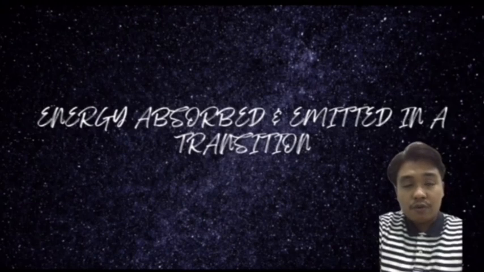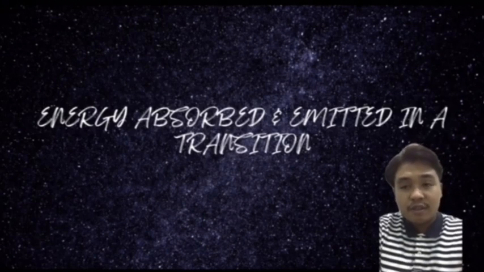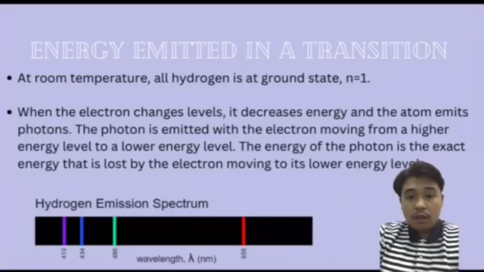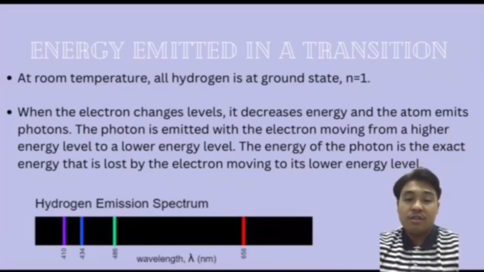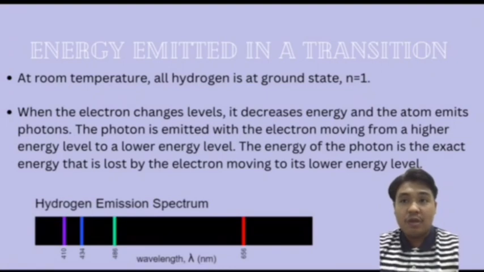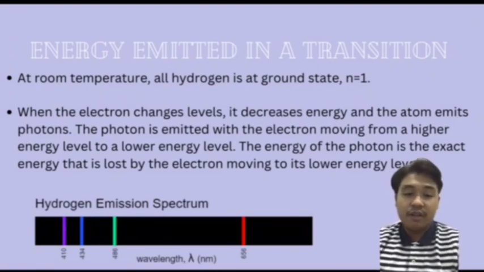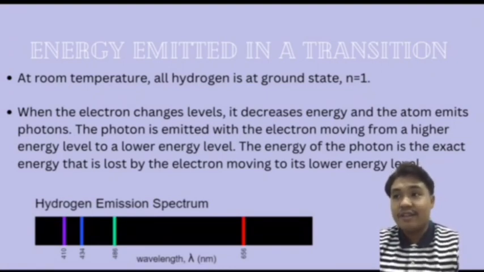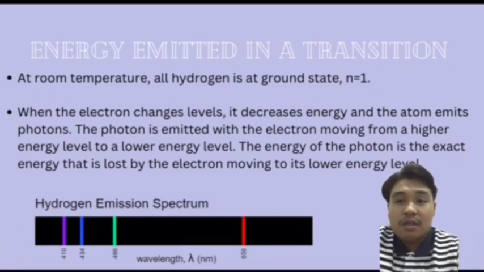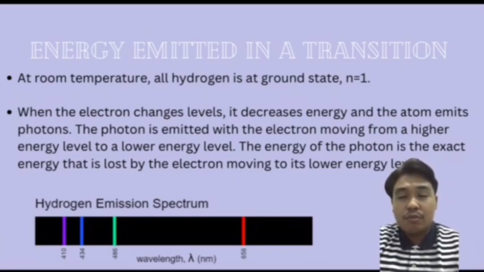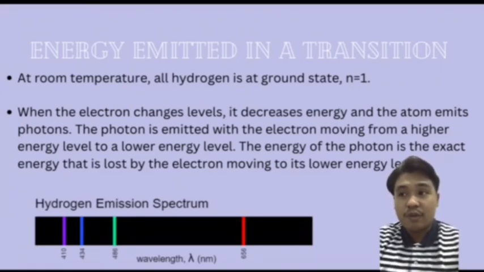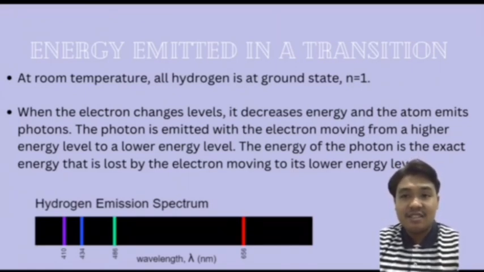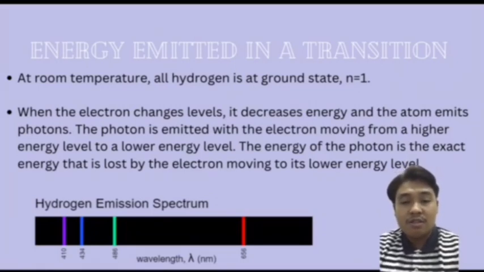Next, I will talk about energy absorbed and emitted in a transition. At room temperature, all hydrogen is at ground state, n equal to 1. When an electron changes level, it decreases in energy and the atom emits photons. The photon is emitted with the electron moving from a higher energy level to a lower energy level. The energy of the photon is the exact energy that is lost by the electron by moving to the lower